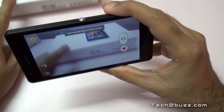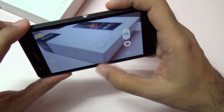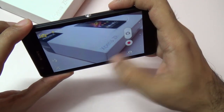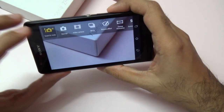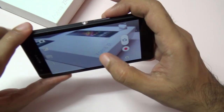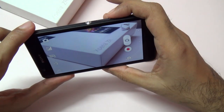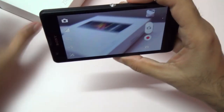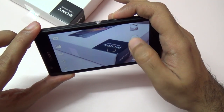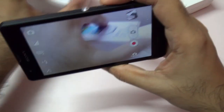and it did take some time for the camera to come. Let's take the photographs. The tap to focus is there, and we are in this intelligent auto mode, superior auto mode. We do have that. Let me just switch to the normal mode, and let me take the snap. Again, as you can see, it takes the snaps pretty quickly. It's on auto, the flash, but still the flash is not firing. Let me take one more of the Samsung Galaxy Star,